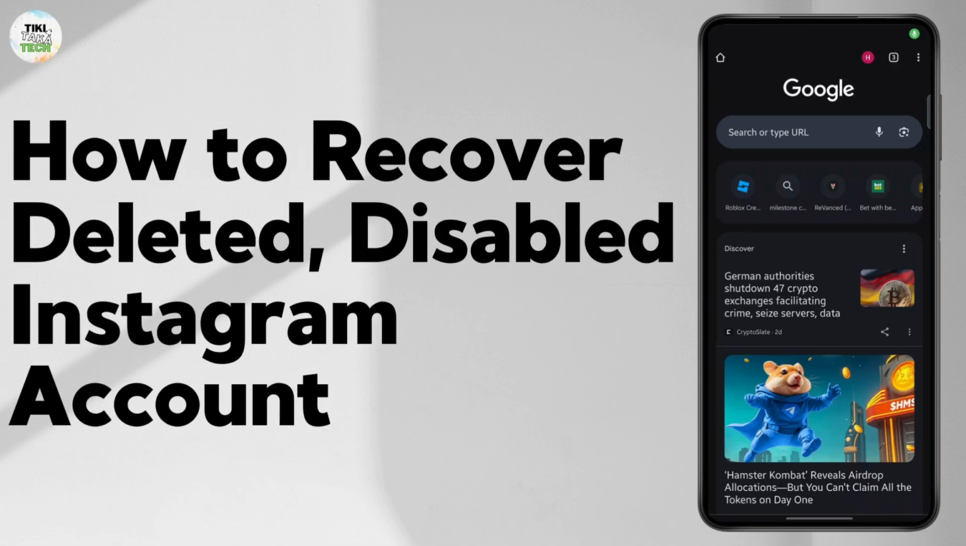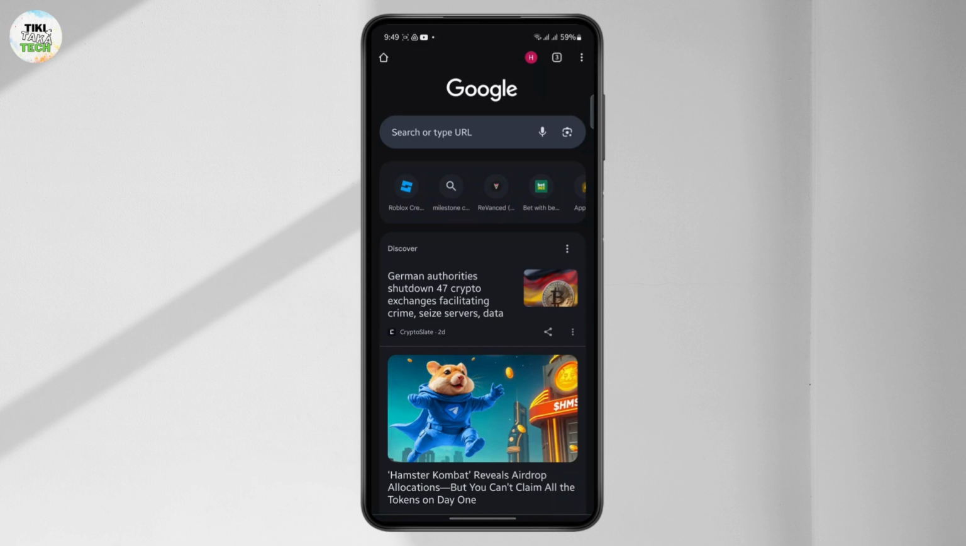How to recover your deleted or disabled Instagram account. In this tutorial, I'm going to guide you through a step-by-step process on how you can recover a disabled Instagram